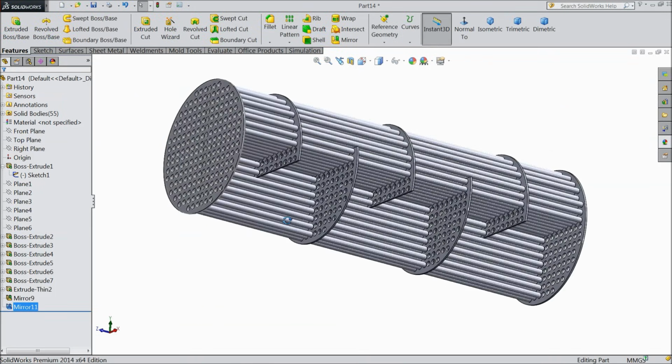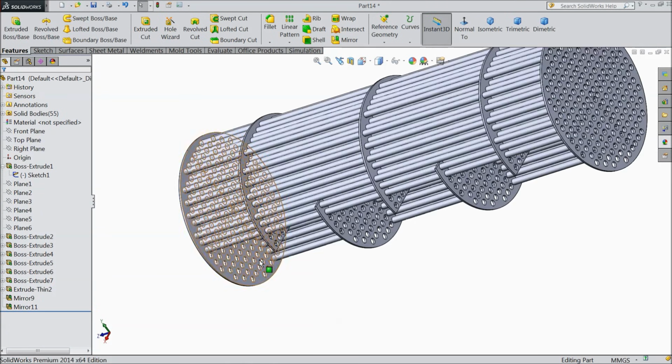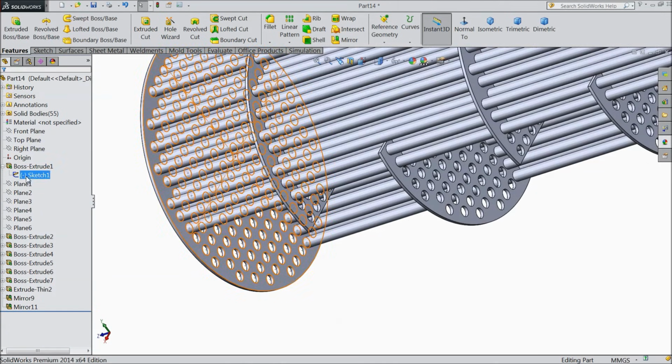Okay, now only the quarter face is left. For the last quarter it is difficult to extrude, so we will do one thing: select this first sketch and select extruded boss. Now here we will select only these few remaining circles to extrude. It will take a few seconds because the geometry is bigger and it will take time to calculate, so be patient.